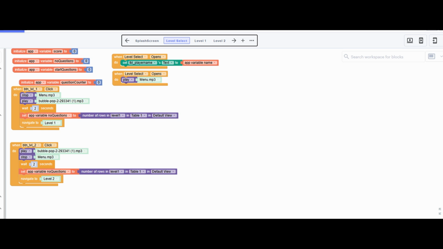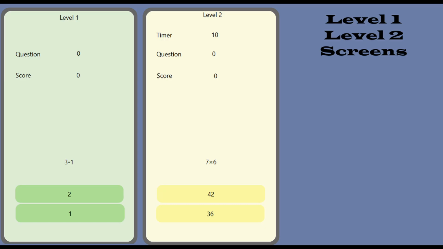Level 2, BTN LVL2, follows the same pattern, but queries the Level 1 table for its question count before navigating to Level 2. This suggests that both levels might draw from the same question database, but with different selection criteria or difficulty filters. The database integration here is crucial. By counting the available questions, the application can dynamically adjust